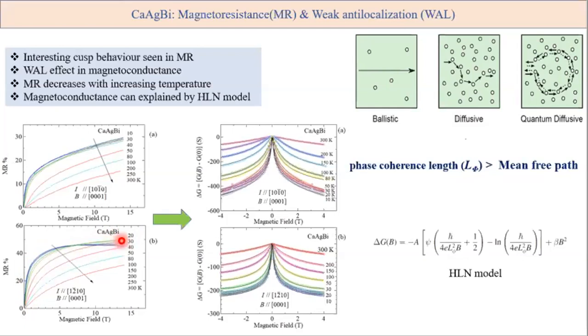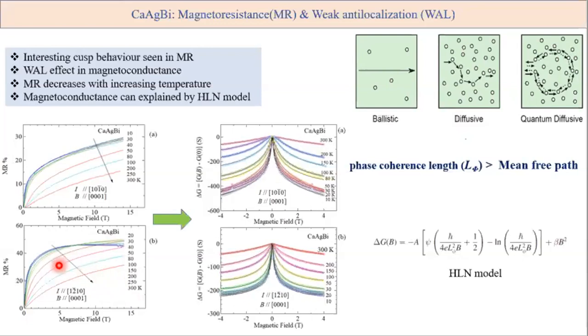One minute. What controls the beta parameter? Yes, this is the beta parameter. It depends upon your beta value also. If my beta value is low, my classical contribution is also low. Even if I don't go to too high a temperature, I can see it. If I go to, let's say, above 30 Kelvin, I don't think it is too dominating. Here the magnetoresistance goes down. So it might be a little bit critical at this point.